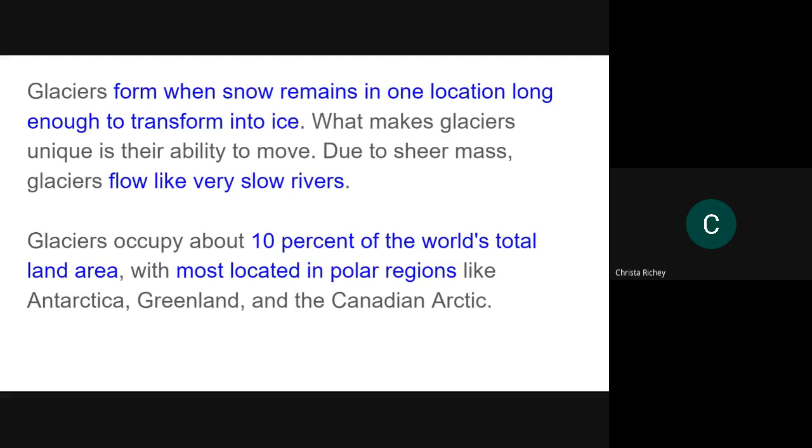ice. Currently, about 10% of the surface of our planet is locked in ice. Of all the water on the planet, 97% of the fresh water is in a glacier or a frozen status. Most of it's at the poles, not all of it. If it's not at a pole, it's going to be at a higher latitude or elevation.